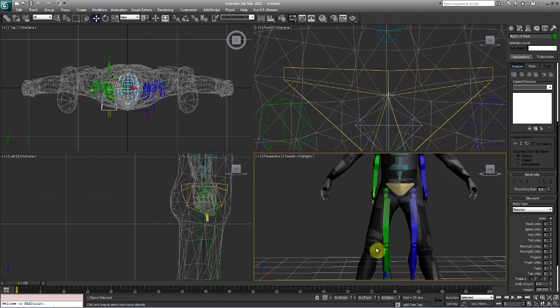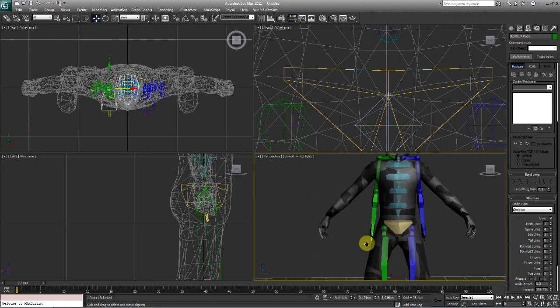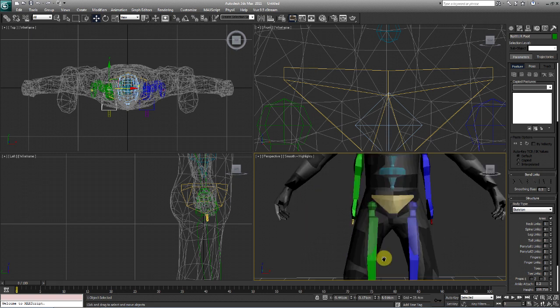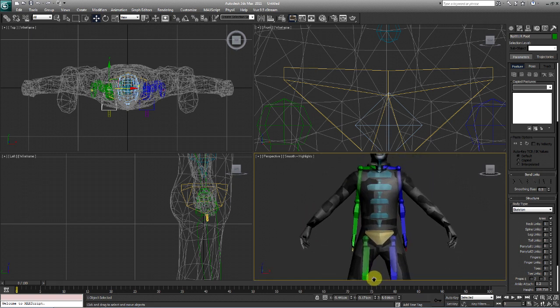As you can see, he has no fingers or no toes or anything like that. So let's go ahead and work on that right now. I'm going to change the spine links to 3. I'm going to give him 5 fingers, of course. 3 links, because, well, you have 3 different parts of bone in your fingers. And then for toe links, we're going to select 1. We're going to have 1 toe and 1 toe link, and you'll see why here in a second.